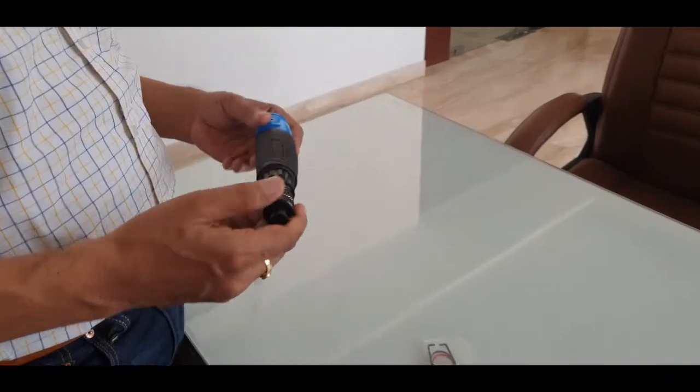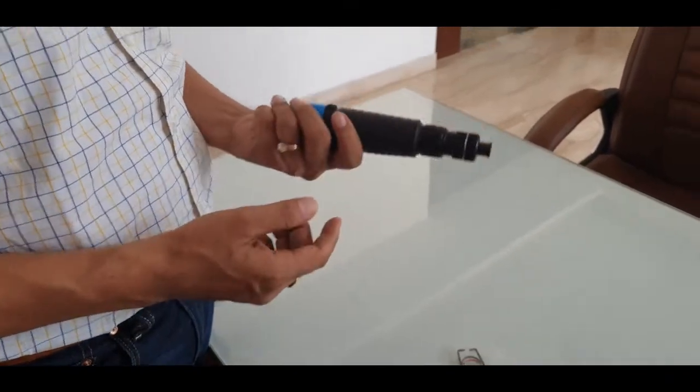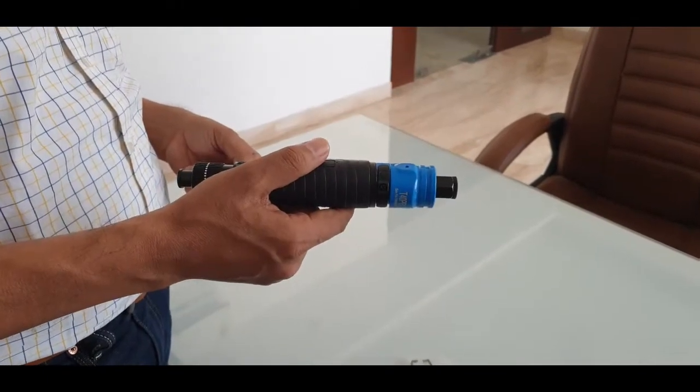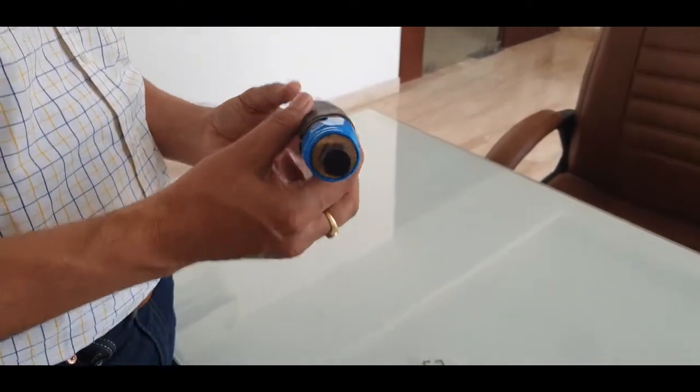Hello, today we are explaining about the ASA screwdriver. This is the ASA air screwdriver. These screwdrivers are designed ergonomic,